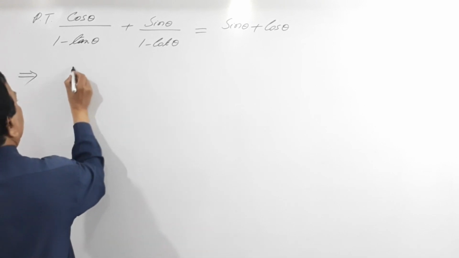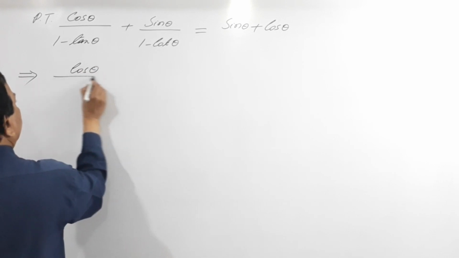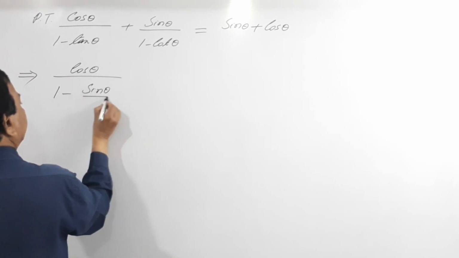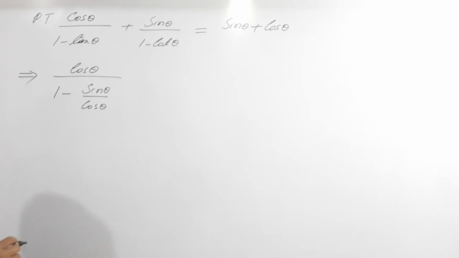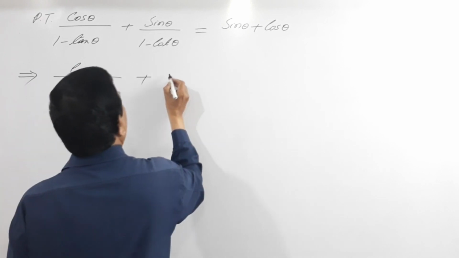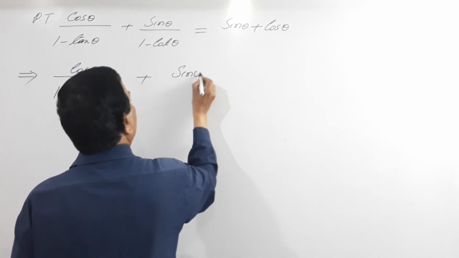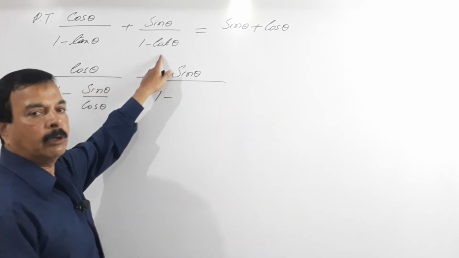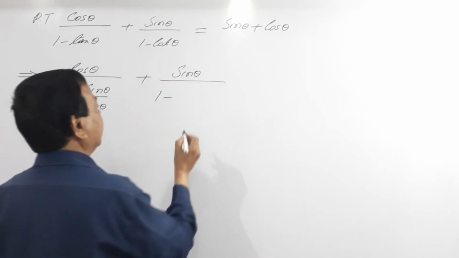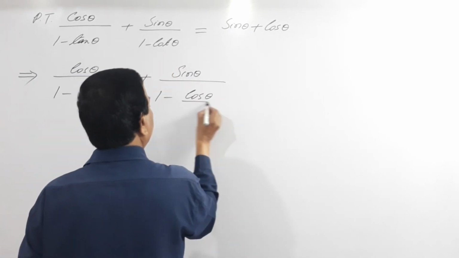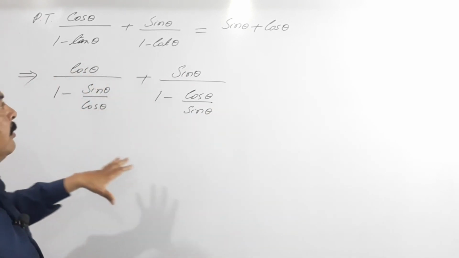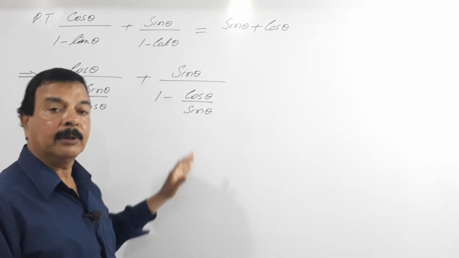That is equal to cos theta divided by 1 minus, what is tan? sin theta by cos theta, ऐसे लिख सकते हैं। देखो पूरा sin में cos में आ गया, plus sin theta divided by 1 minus, what is cot, क्या है cot, cos theta by sin theta, that is cos θ बाई sin θ। अब देखो सारा वैल्यूज sin और cos भी है, तो इधर आपको एलसीएम लेके सॉल्व करना है।